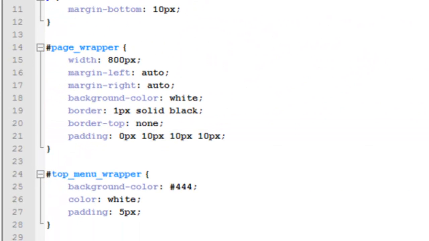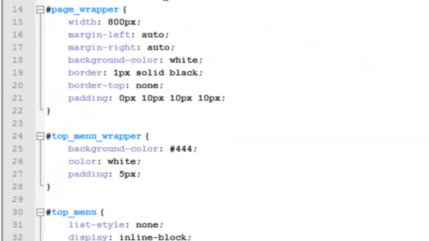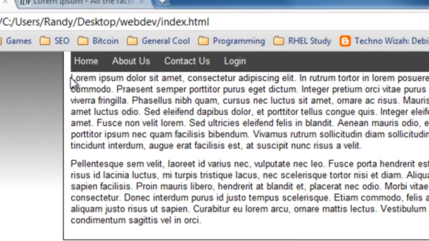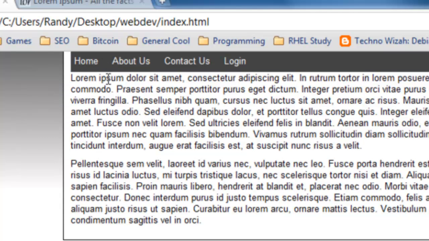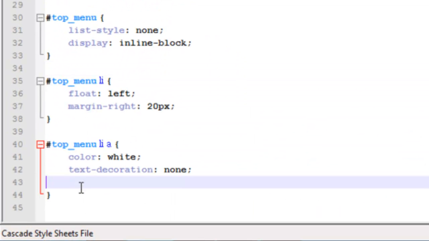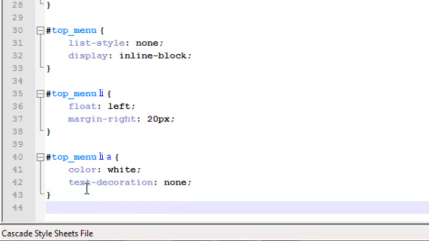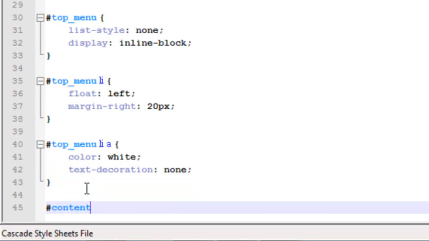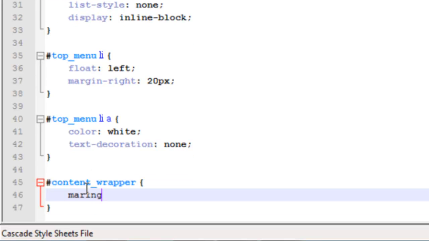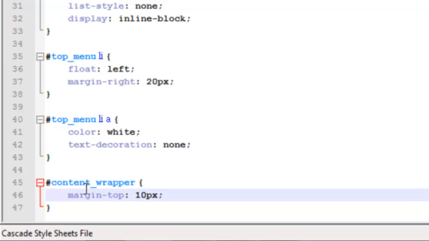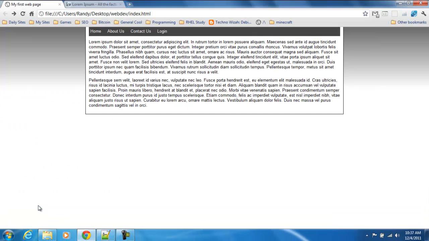And one other thing, our content wrapper, which is just below our menu that holds this lorem ipsum text, is right up against that menu. I want to give it a little bit of spacing. I don't want it to be right up against it. So let's create a rule for that. In that content wrapper, let's go ahead and give it a margin top of 10 pixels and save that. Now let's go back and look at it. It'll pull our div down a little bit. So that shows you how to use divs a little bit and create a single column layout